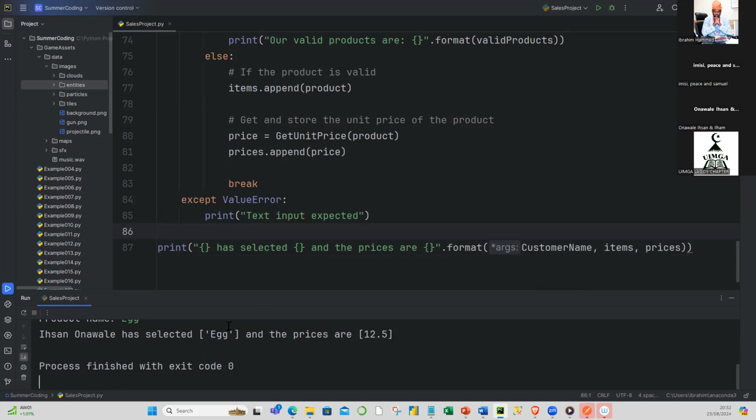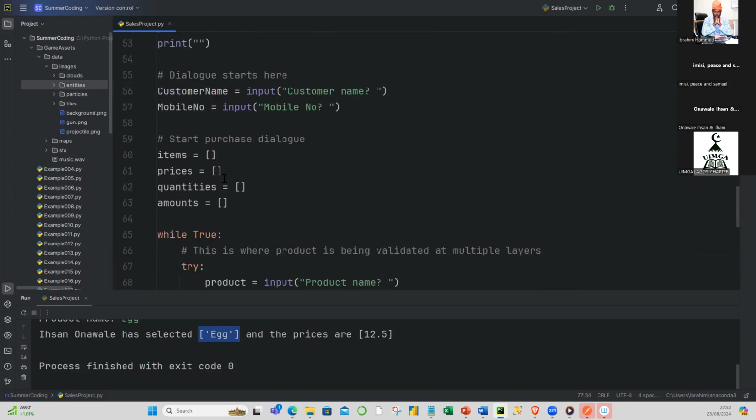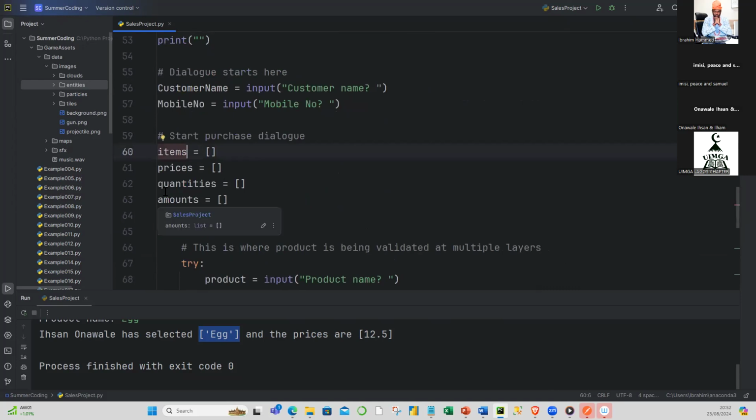It is assuming that you select multiple items, but because we've tested with one, it has kept it in that container for items, like the basket we always put things in when we go to stores. That's this container called items here. It's the same as here. So this is bucket.append. So when you are adding the product into that item bucket, we can even change the naming so that you identify them easily. I can say items